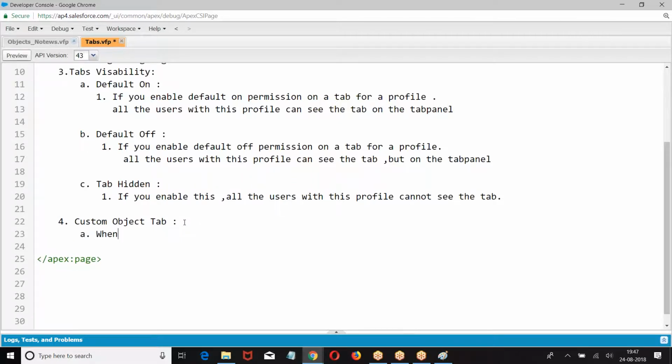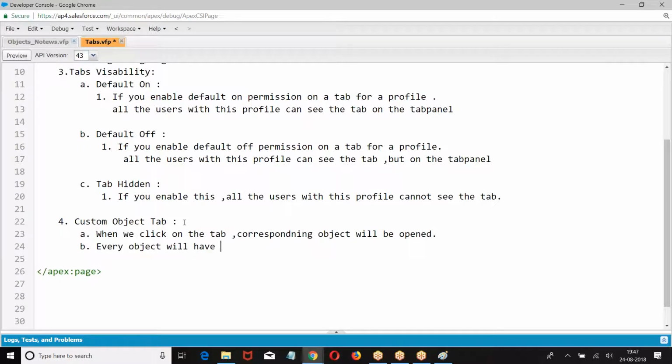When we click on the tab, the corresponding object will be opened. Every object will have one tab.